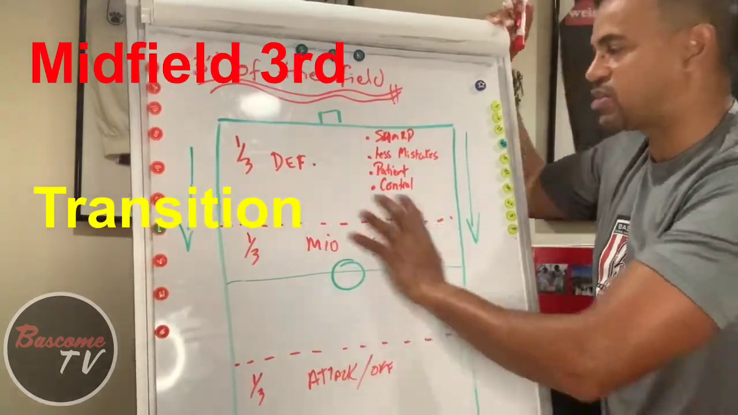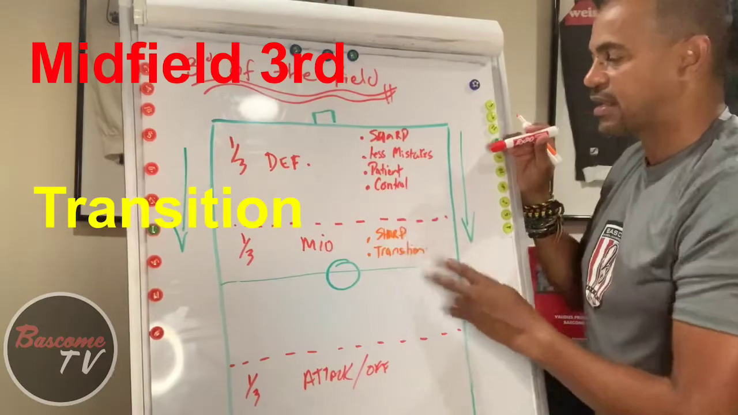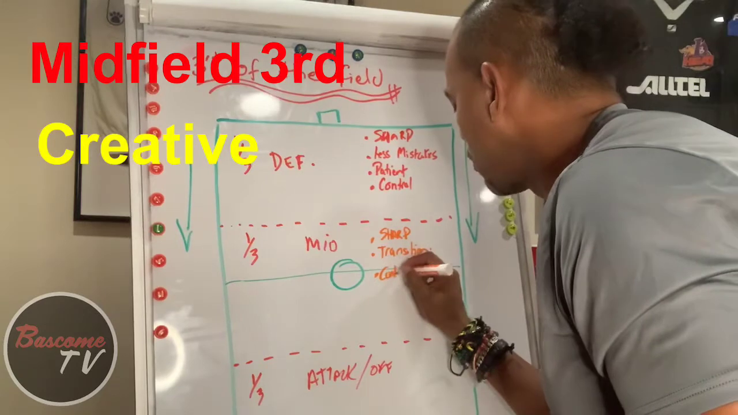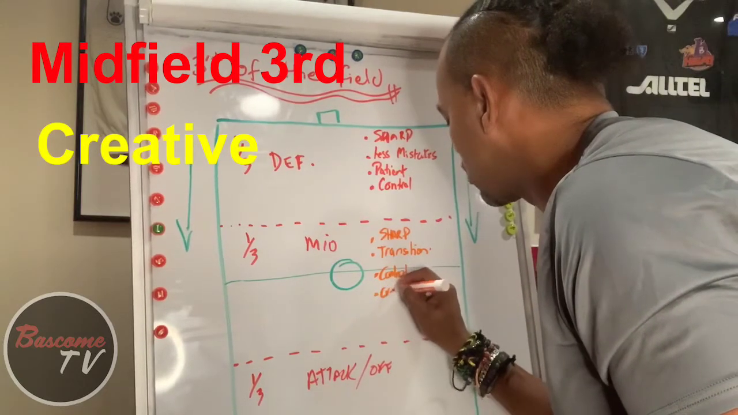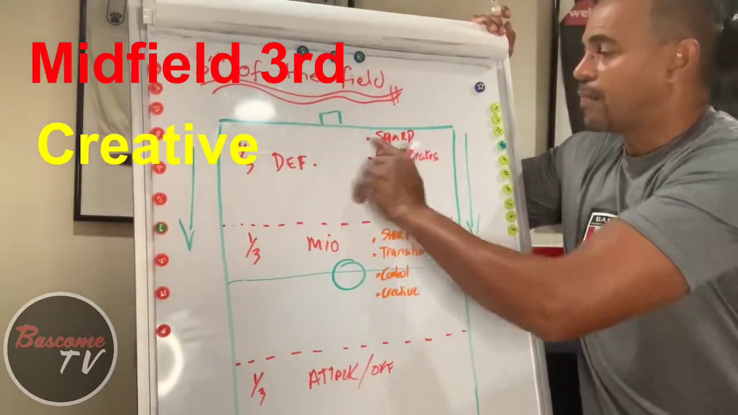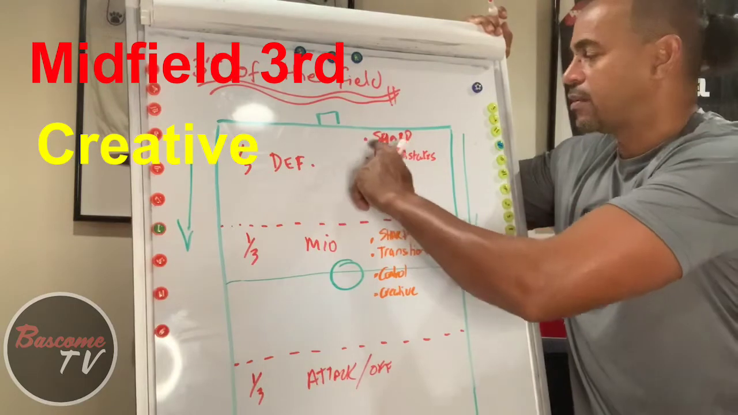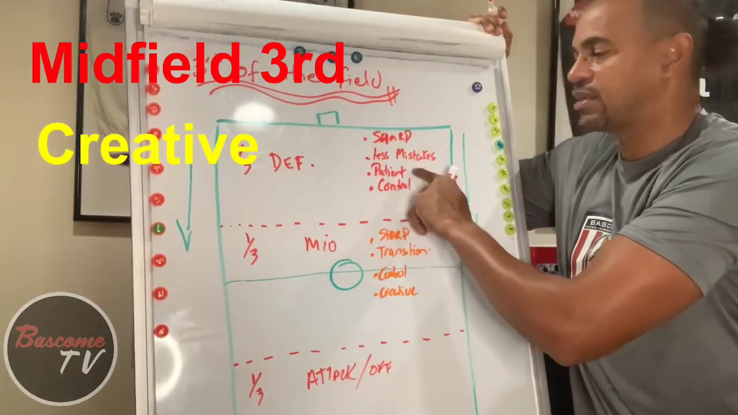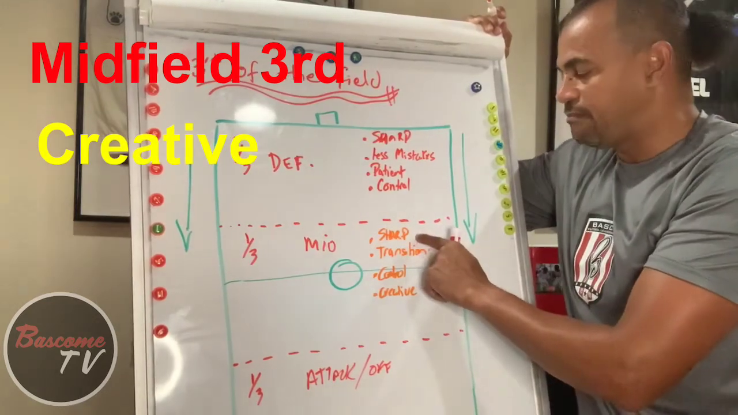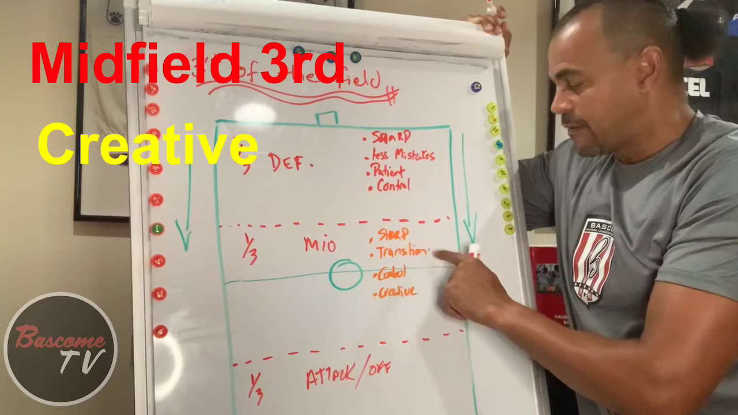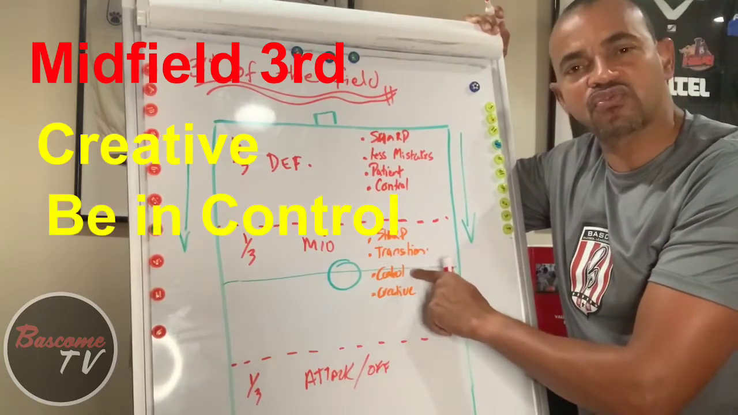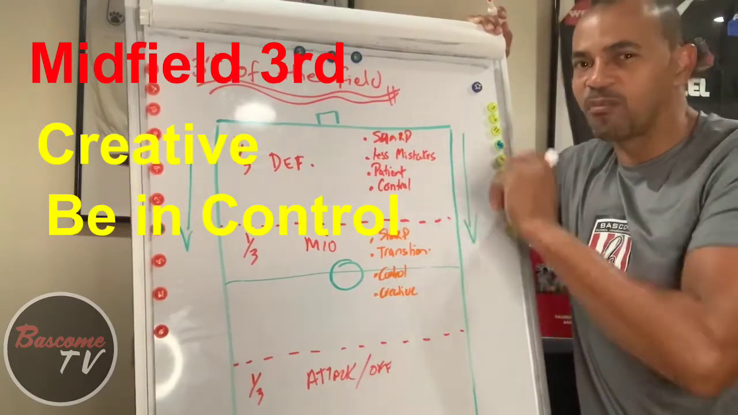So you're starting to transition from being patient, less mistakes, control. You still want to be under control, but what happens now is you're going to start to be a little bit more creative. So write this down. My defensive area, I want to be sharp, less mistakes, patient, under control. My midfield third, I still have to be sharp. This is where I'm starting to transition, and in that transition, you're still going to be in control, but you may make a little bit more mistakes,